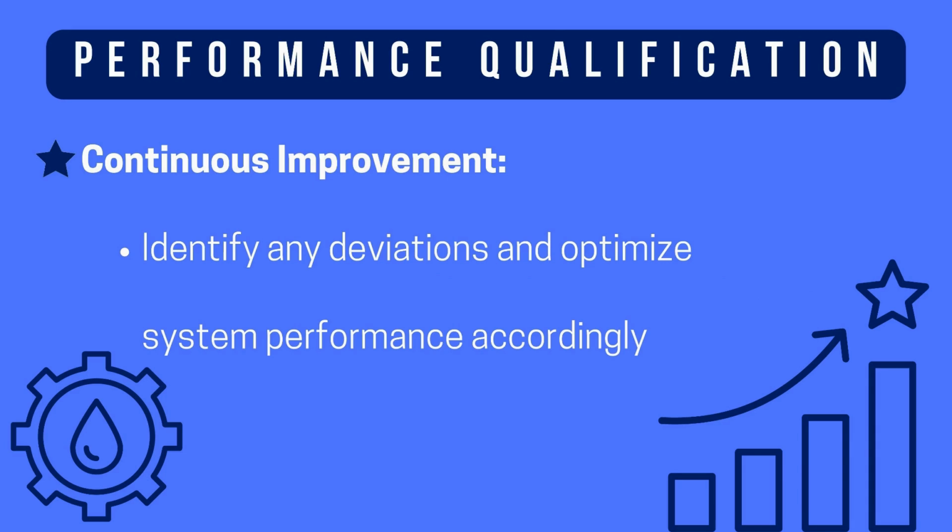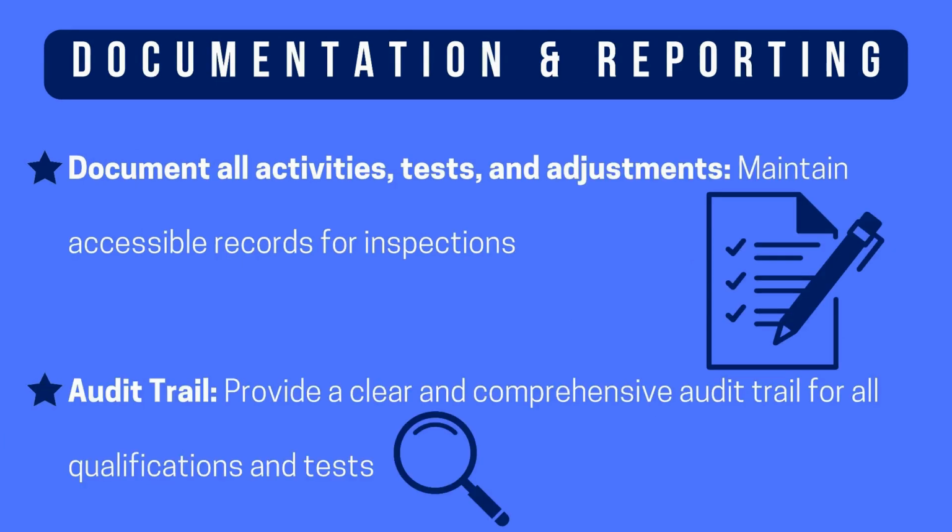over time. Regularly reviewing this data helps pinpoint inefficiencies, areas of wear, or components that may benefit from upgrades or fine-tuning. Maintaining comprehensive records of the entire qualification process is essential to support continuous improvement efforts and provide a clear audit trail. These records should include detailed documentation of all equipment, water quality tests, maintenance activities, system adjustments, and corrective